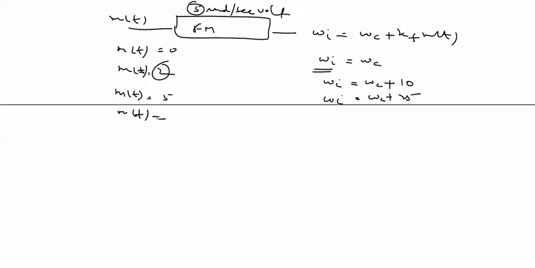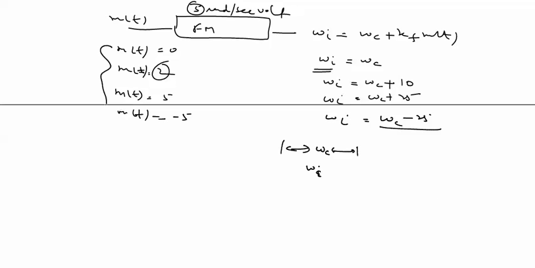If m(t) is minus 5, omega c minus 25. So the frequency oscillates around omega c by some amount, which is known as instantaneous frequency. Voltage variation in the input signal